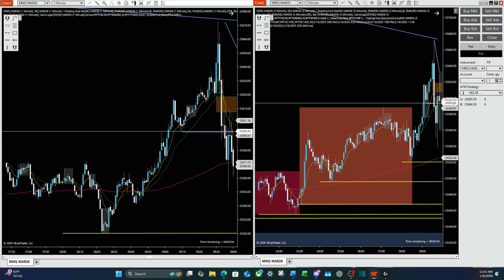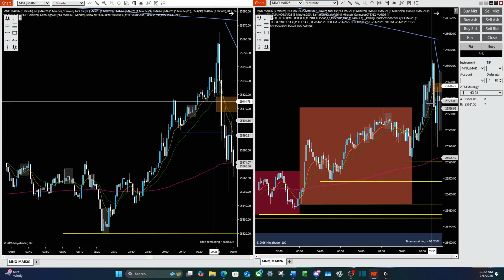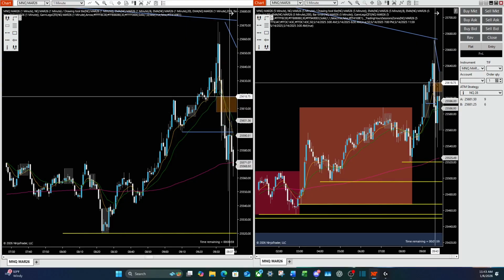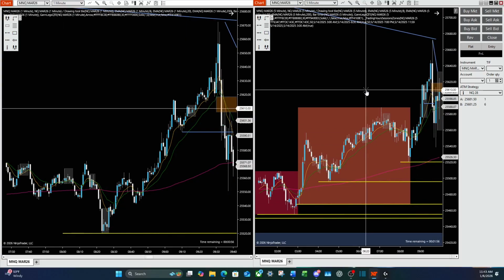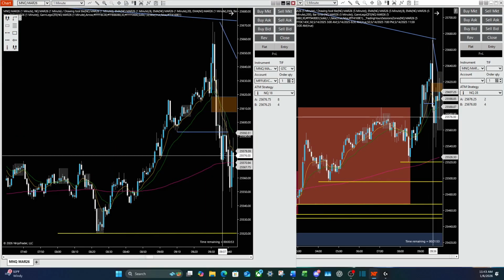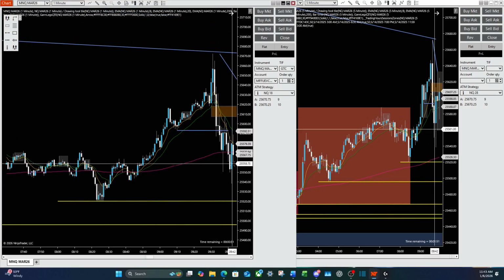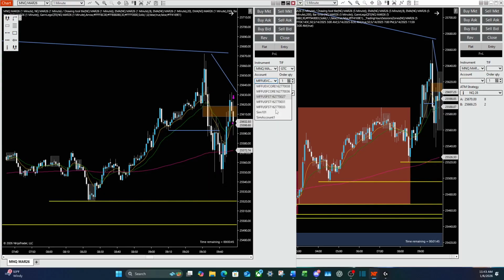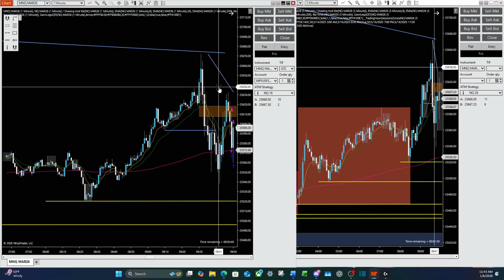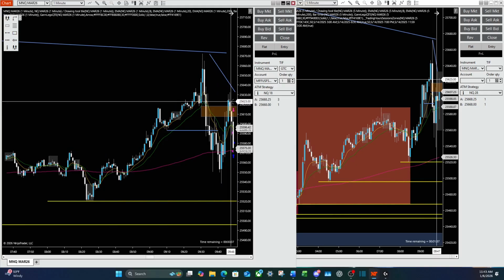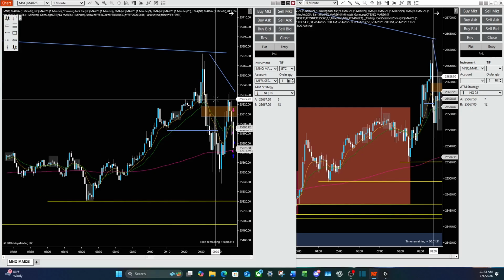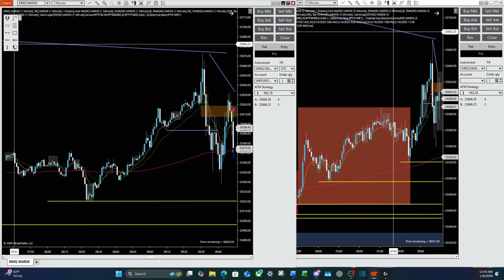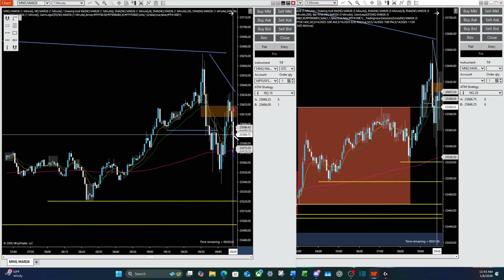What we have also at open is NQ put in this fair value gap here. So I would have liked to see this 5 minute fair value gap get respected. And let me find where my entry was. So this is where we come down, we put in a retrace. This is where our 5 minute SMT level was put in. So once we put in this 5 minute SMT, we're respecting 5 minute order flow, bearish still. We have 3 SMTs. I see a good reaction out of this on the 1 minute. Out of this 5 minute fair value gap, I entered here,